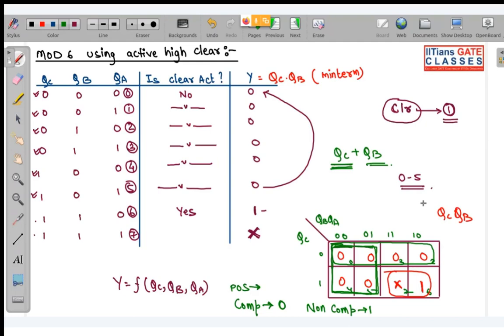Yeah, so this is correct. QC, QB, this is okay. Now, if I want to change it to active, meaning OR, then I am thinking what to do. Okay, so this is correct. This is correct. But look, whenever we use, so I will tell you,